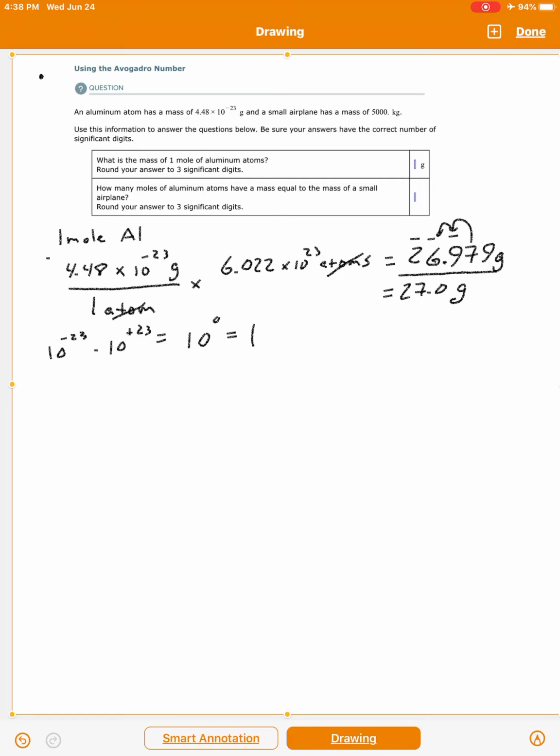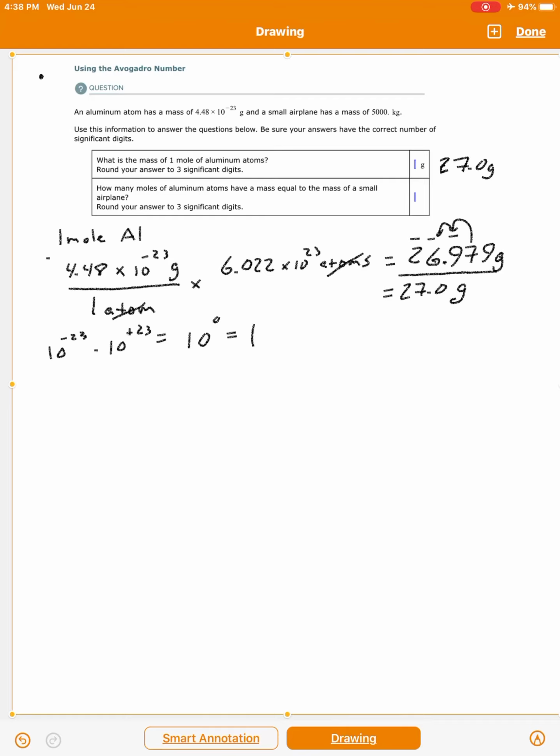So when you multiply all these out, you just have 26.979 times 1. So that's just 26.979. Rounded, it would be 27.0. Okay, so there's the first part. First part is 27.0 grams. Okay? Now, how many moles of aluminum atoms have a mass equal to the mass of a small